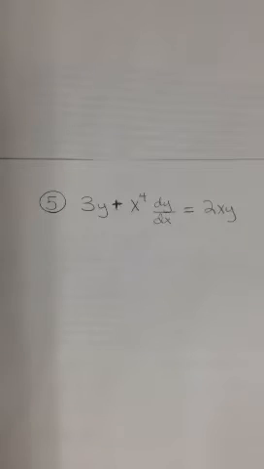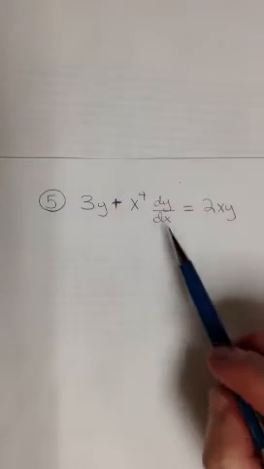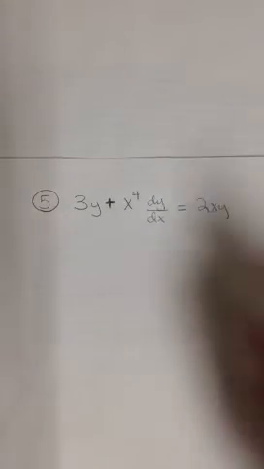Okay, for number 5, we have the differential equation (3y + x^4) dy/dx = 2xy. Now with this differential equation, we can separate the variables. And so what we can do is gradually isolate the derivative term. So we can move the 3y over, and in rewriting,